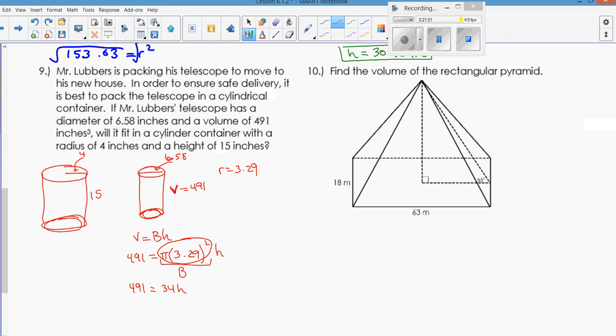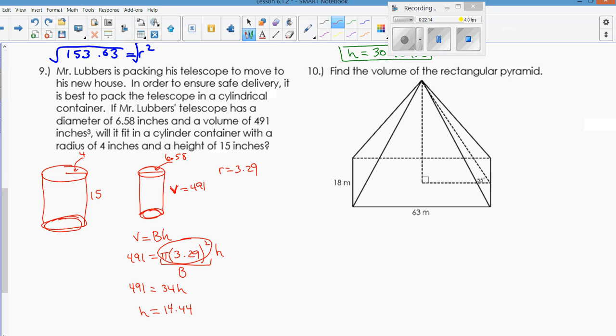So to solve for h, I'm going to divide. Now I'm going to keep the exact answer in my calculator, which was like 34.0049, and so on. So I'm going to take 491 and divide it by that answer. Remember, to divide by your calculator answer, you just hit divided by and then second minus sign. So you should get that h is about